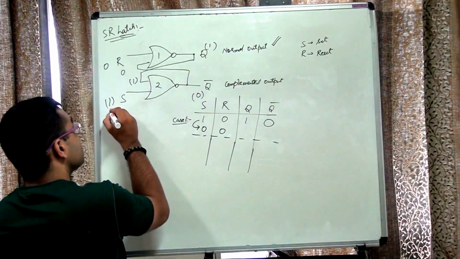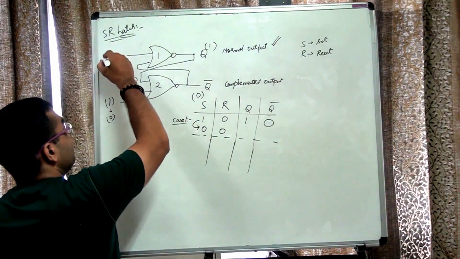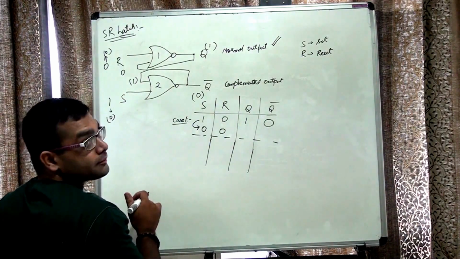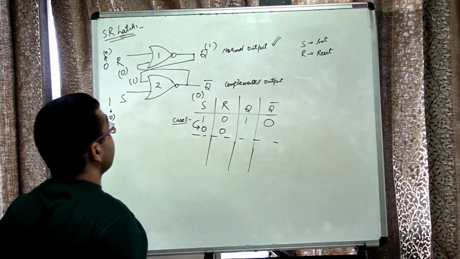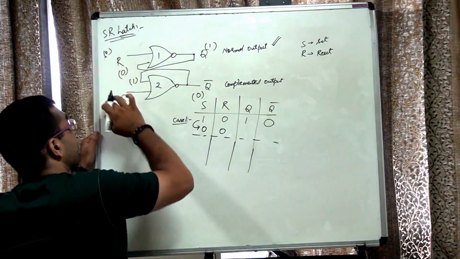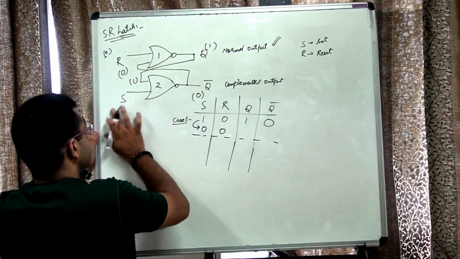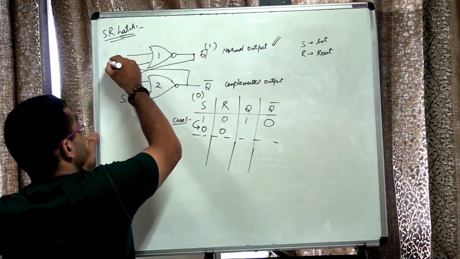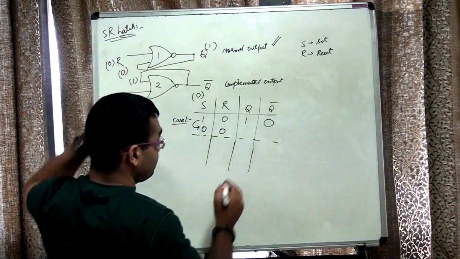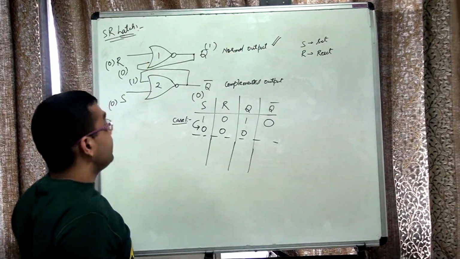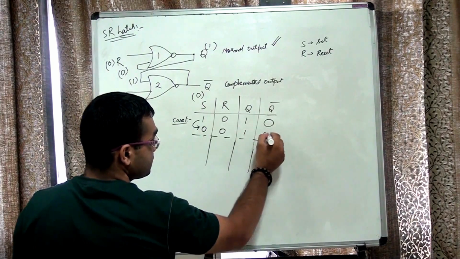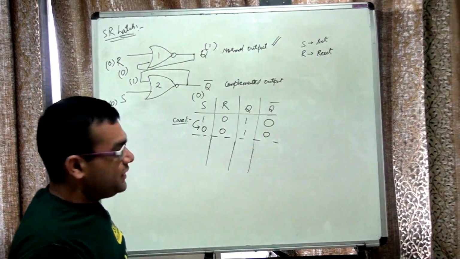Now I change this to 0. R remains as 0. Now I remove the bracket over here. Now you can see that this remains unchanged. Now this S is 0. Let me write it down over here. This R is 0, S is 0. So 0 and 1, output is still 0. Alright, 0 and 0, output is still 1. Oh, sorry, this is 1, this is 0. Alright, so this is case 1.